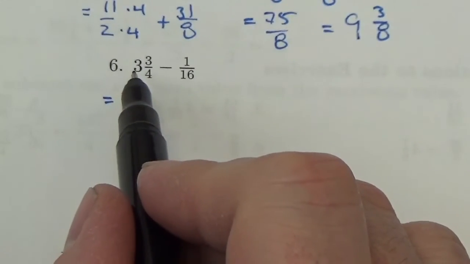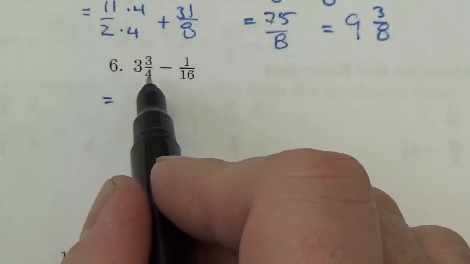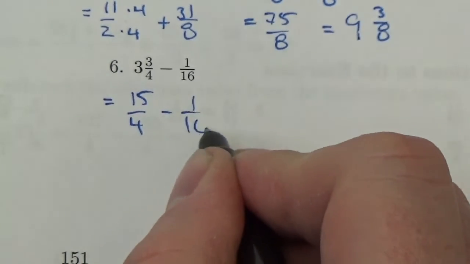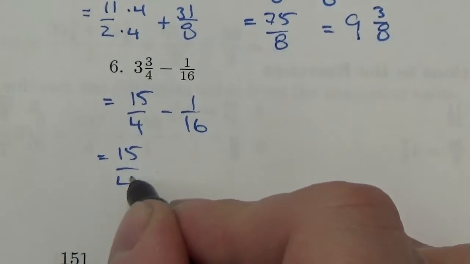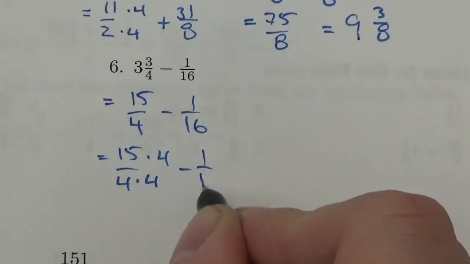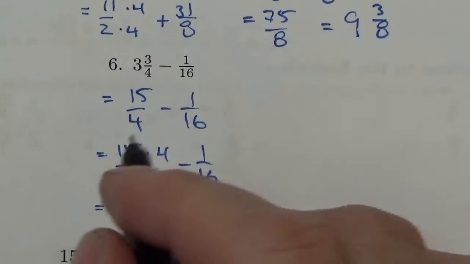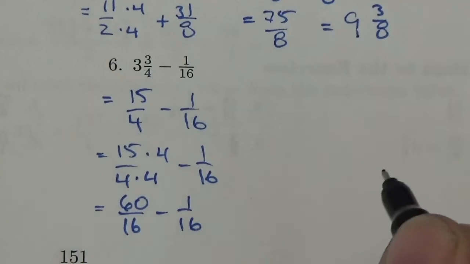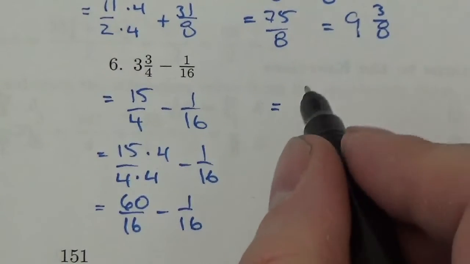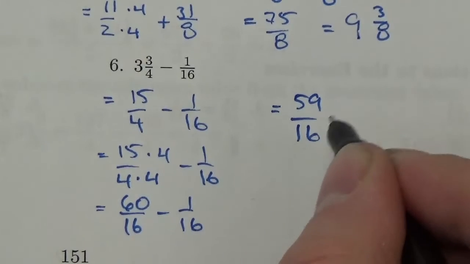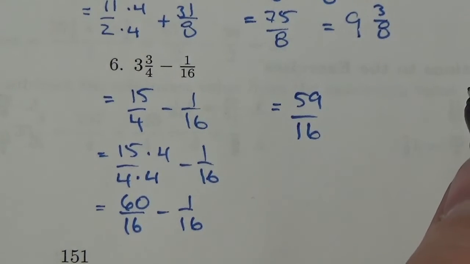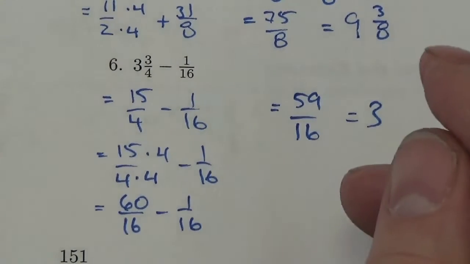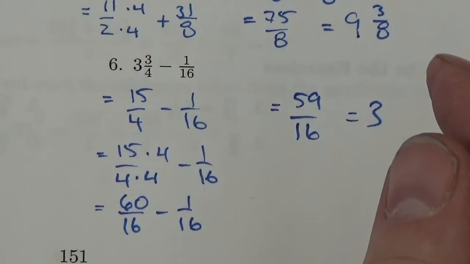And the last one here, once again, I want to convert the mixed fraction to an improper fraction. 3 times 4 is 12, plus 3 is 15 quarters, minus 1/16. I'm going to multiply numerator and denominator here by 4 to get the same denominator. 15 times 4 is 60 sixteenths minus 1/16, and that's going to end up being 59 sixteenths. So we're going to convert this into a mixed fraction here. And when you do that, the remainder, whoops,